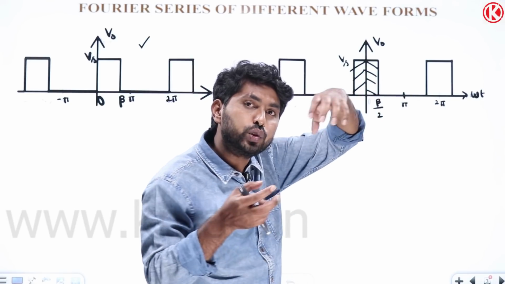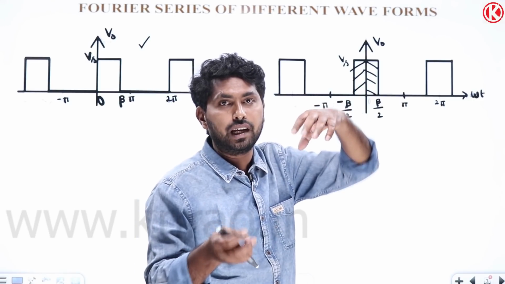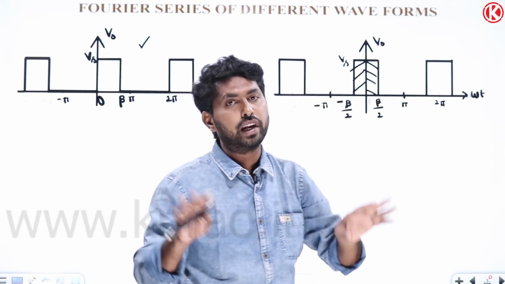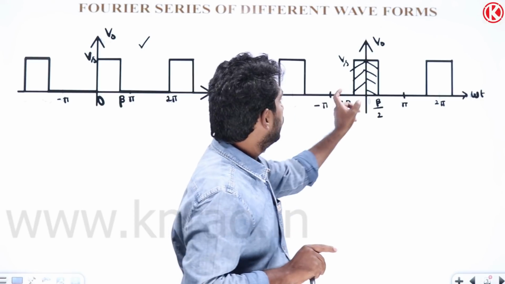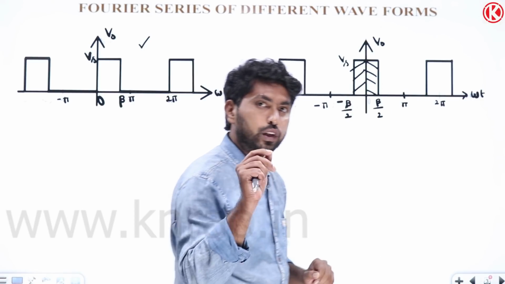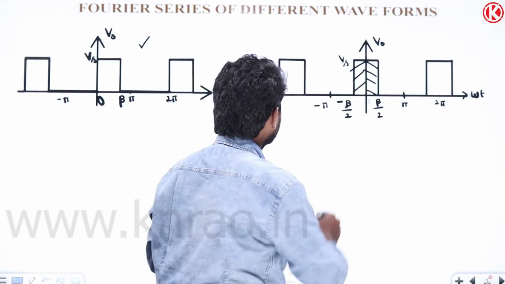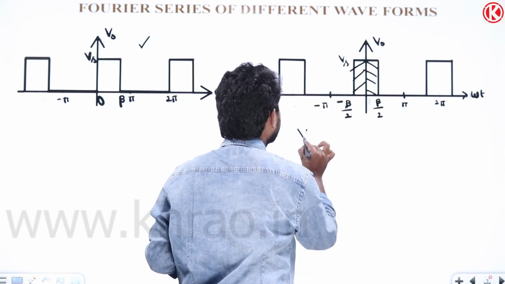Before that, the positive cycle area is equal to the negative cycle area, so even if you find the average value, you get the 0 value. But here, only the positive values are there. So we need to find the average value. So for this, V naught of omega t equal to